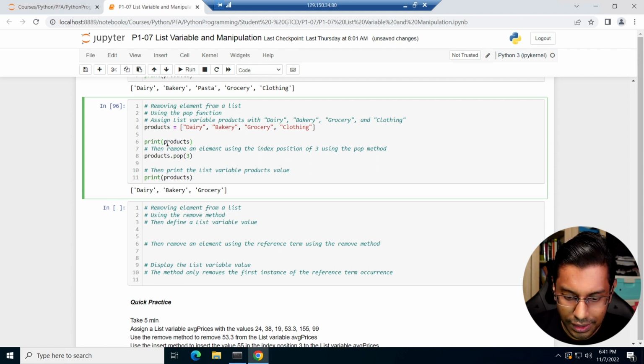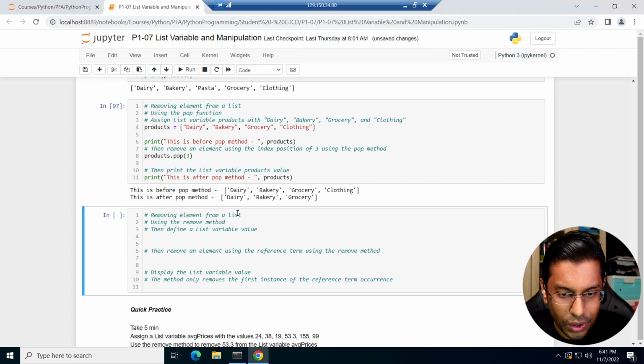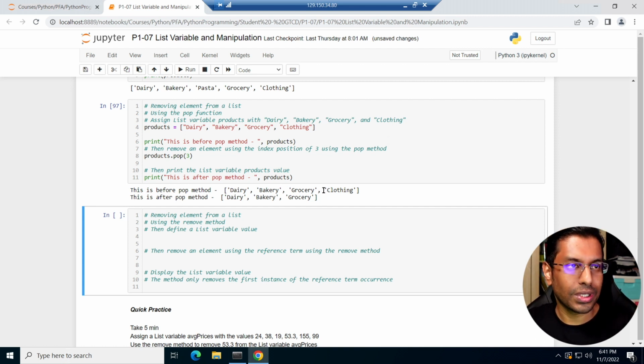Products. This is before pop method, and this is after pop method. Right? So you can see before is with these 3 values, and then now it pops out the clothing value out. Okay, with that said, let's do removing the element